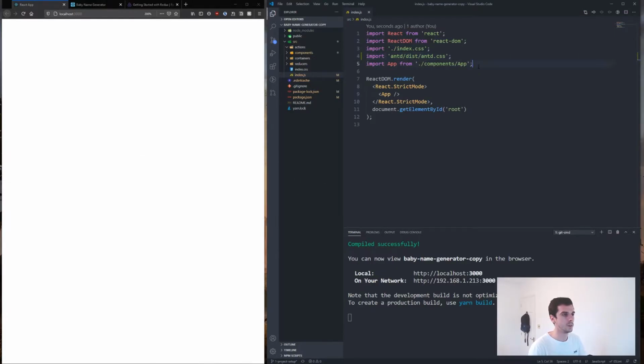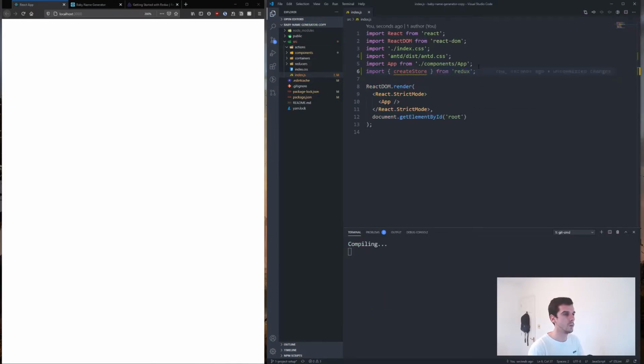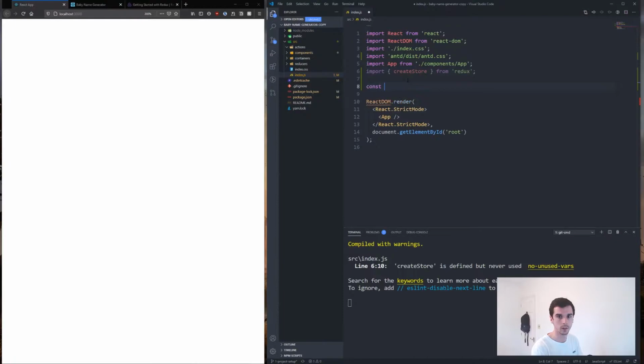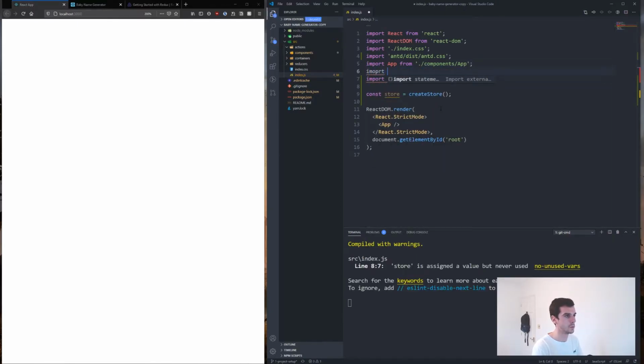So in order to do that, we need to come into index.js and say import createStore from Redux, like so. So that is our createStore, and then I'm going to say const store is equal to createStore, and this is going to take our reducers, but for now let's just leave it like so. So we have created our store, but we also need to import